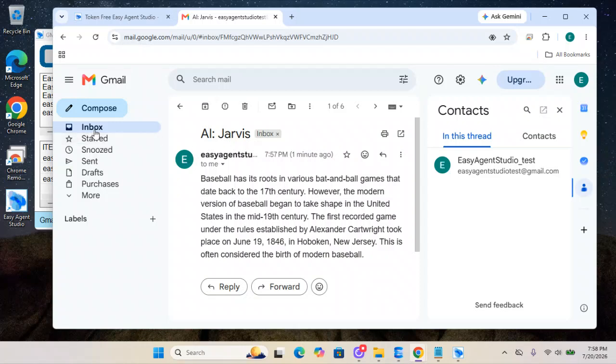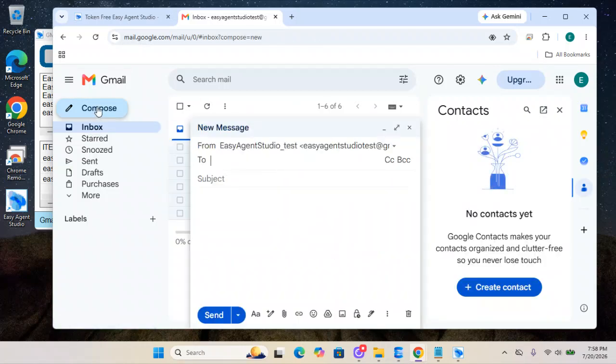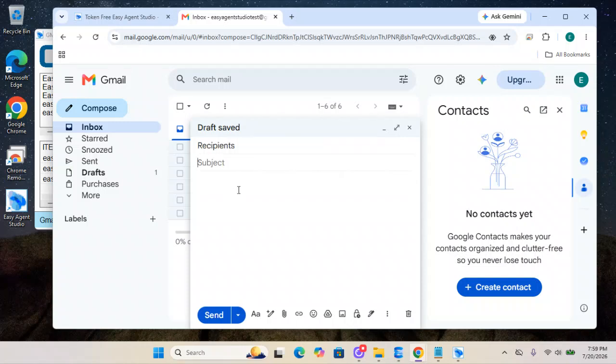Now, if I go in and I want to compose another email, I'm just going to come in and do compose. My Gmail reader's still up. Jarvis is still an agent within Gmail Reader. So I'm going to say Easy Agent Studio Test. My subject's going to be Jarvis again because that's the only agent we have active. And when you do this on a mobile device, you can do it through voice activation. You don't need to type it out. And then you come over here and you could say,